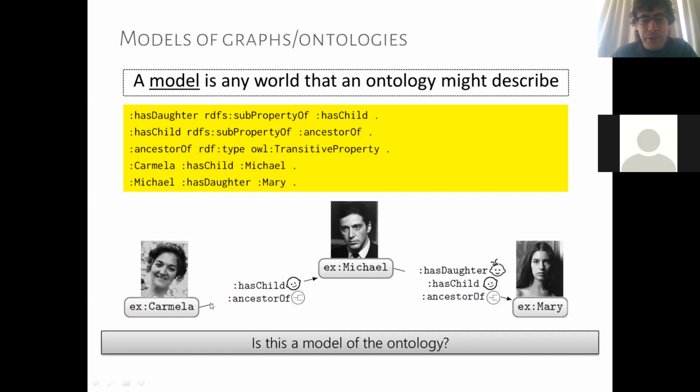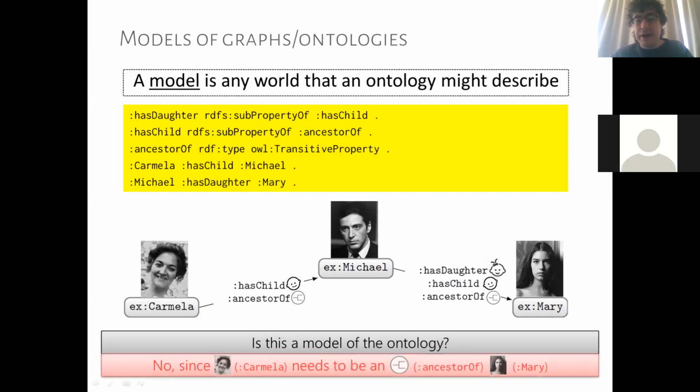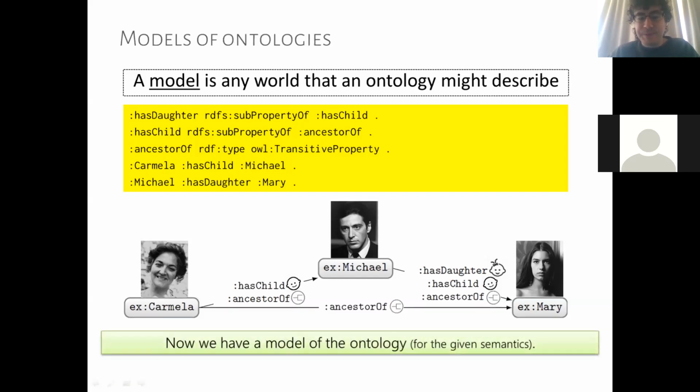There's one thing here that we're missing from this model, where we see ancestor of is of type transitive property. Okay, and we have Carmela Michael, ancestor of, we have Michael Mary, ancestor of, which should give us that Carmela is the ancestor of Mary, right? But we don't have this. So essentially we say that this is not a model of the data, because we have to describe a world, and in our world, if something does not hold and we say in our data that it's true, then that's no longer a world that we're describing. So here, for this to be a model, then Carmela needs to be an ancestor of Mary. Now we have a model of the ontology for the